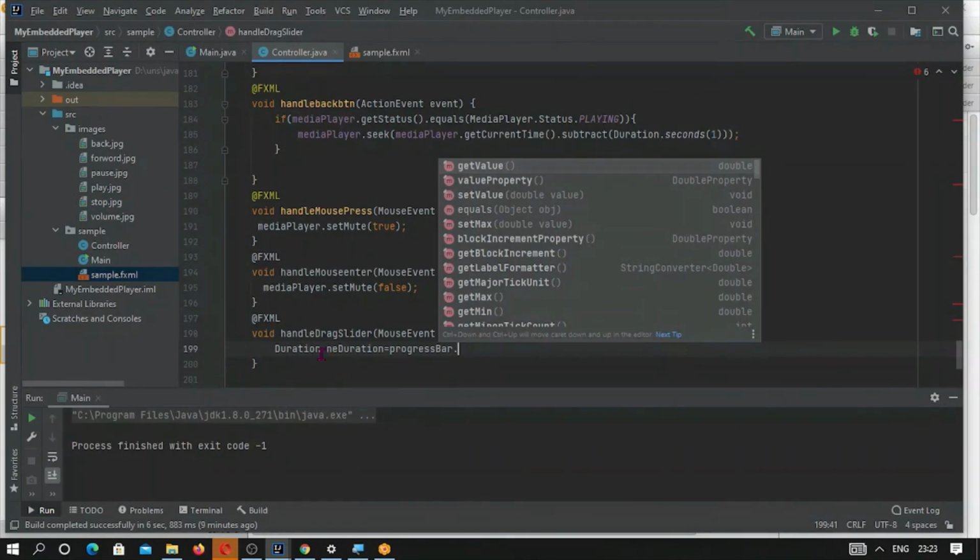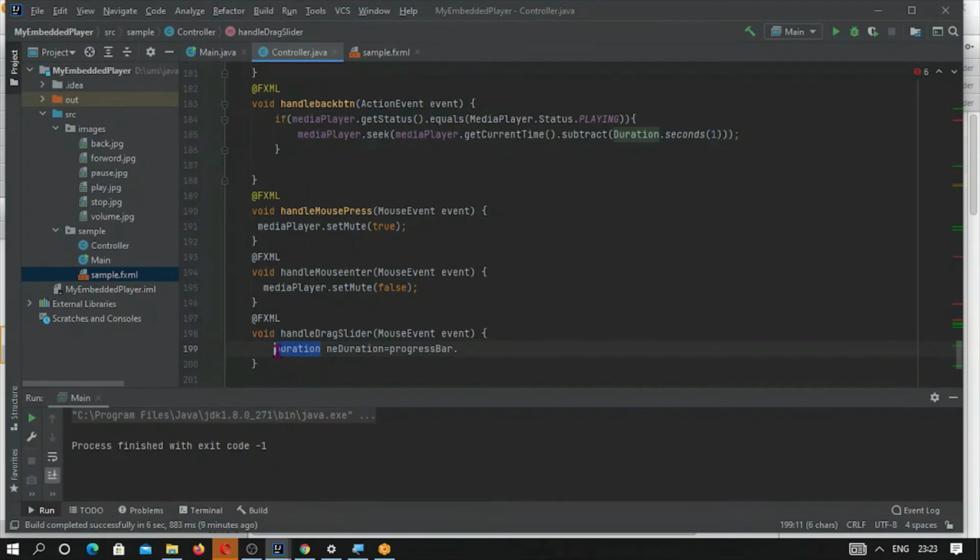First we have to calculate the value of the progress bar.